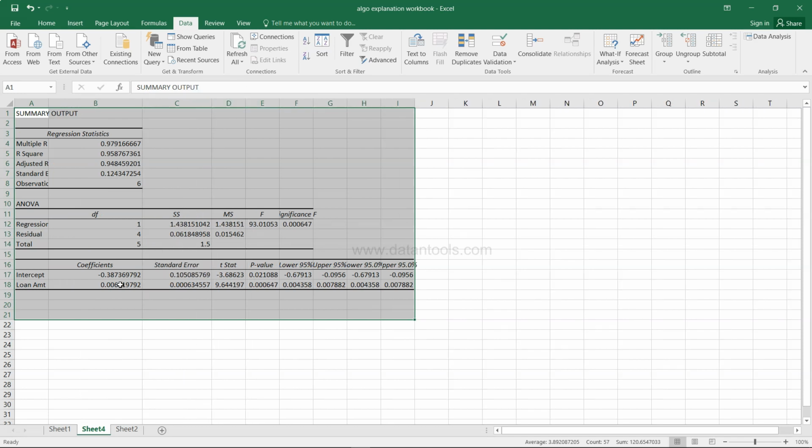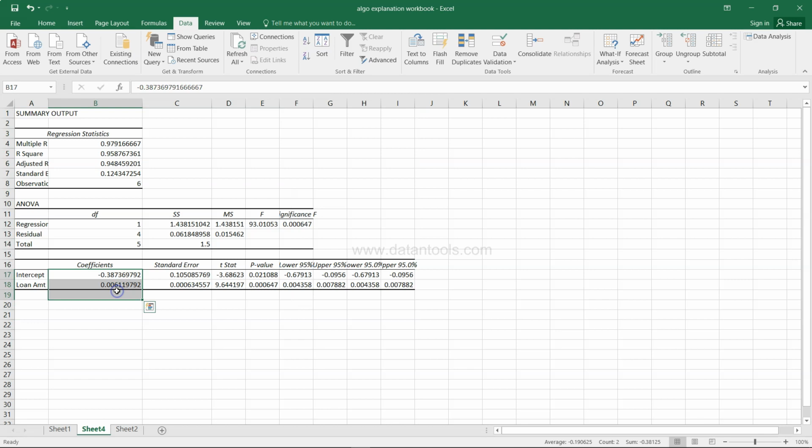As you can see, we have the coefficient for the loan amount, which is 0.006. So the equation will be y equals minus 0.387 plus 0.006x, right?